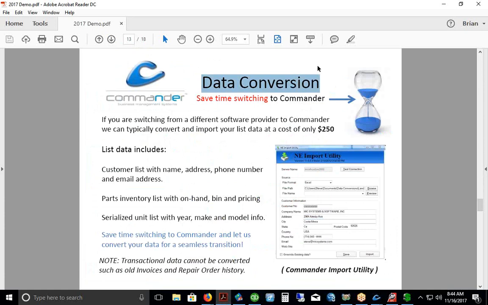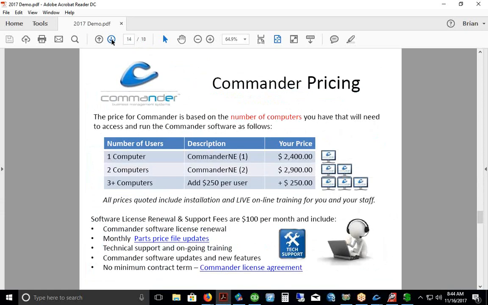Data conversion, this is if you're switching from one dealer management system to Commander. As I mentioned in the beginning, we can take customer lists, inventory lists, boat, motor, trailer lists, and import that data into our system so that you get a nice jump start getting started. We can't take any of the transactions. So old service order history, work order history, whatever, that stays in the old system. You can sometimes print reports, PDF it, whatever, but we can't import that into Commander. We just get the rest of the actual daily sort of list data, which brings us to the next slide,